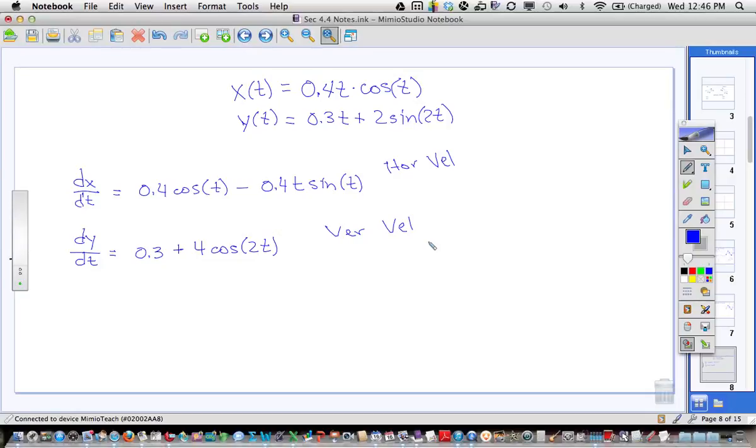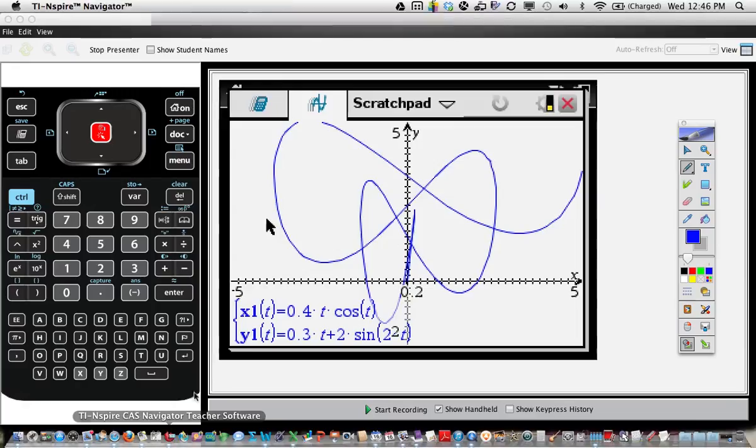All right, then you're supposed to find the slope of the path at 6. What'd you get for that? Like 3 something? You just divide. You took your answers in 2. You took y prime divided by x prime. There's like 3 something. And then it said, is that reasonable? Well, where were we at on 6? Was right about here? Right when he traced it earlier at 6? Does that look like about 3.5? Yeah. That looks like about a slope of about 3.5. So that's reasonable. That's the slope of the path. Not speed. It doesn't have anything to do with speed. It's just the slope of the path. Okay, now,